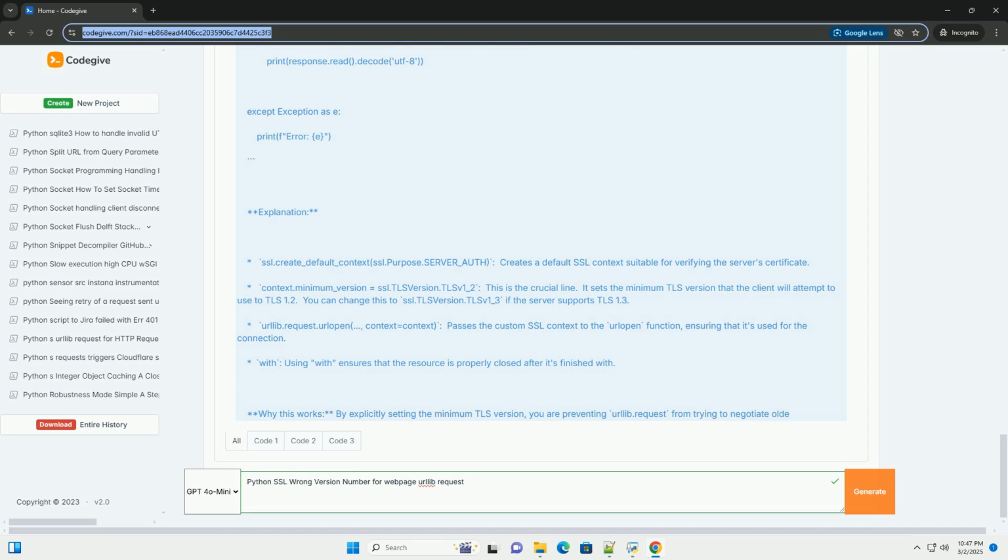macOS: use Homebrew, brew update and brew upgrade openssl. You might need to relink OpenSSL: brew unlink openssl and brew link openssl --force. Windows: download the latest OpenSSL installer from a trusted source, for example Shining Light Productions,